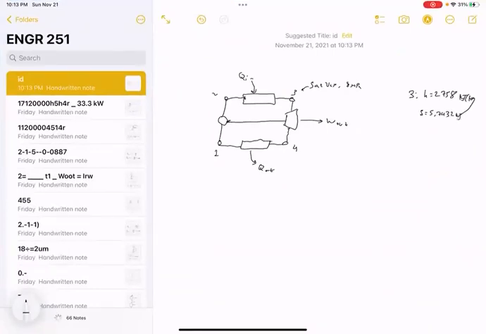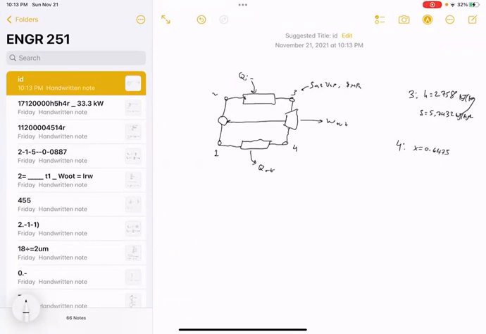5.7432 kilojoules per kilogram Kelvin. Okay, so this is the important stuff going on at state 3. And then the next piece of information we're told is that saturated vapor enters, and it leaves the turbine with a vapor quality of 64.7. So if we look at state 4, we know that x equals